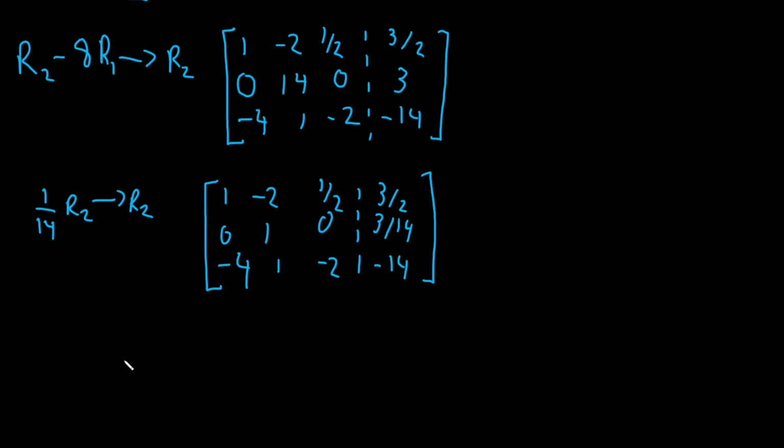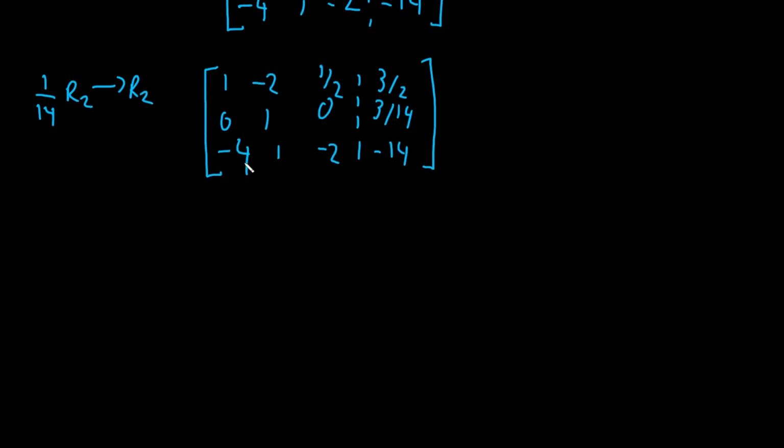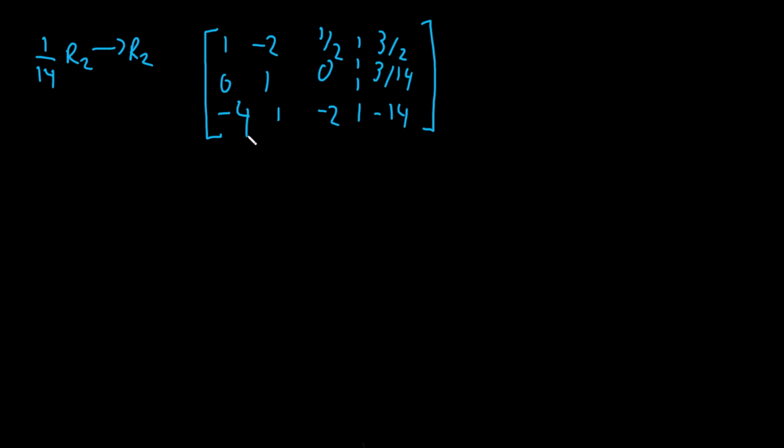Okay, now we arrive at the last row of our matrix. For the last row, it's pretty much the same idea, but here we just have to eliminate the first two terms. We go up this column, we see a leading one in the first row, so we can add 4 times the first row to the third row and eliminate this -4. So that would be row 3 plus 4 times row 1, and here we're replacing row 3,